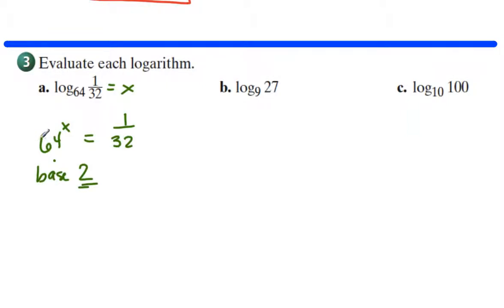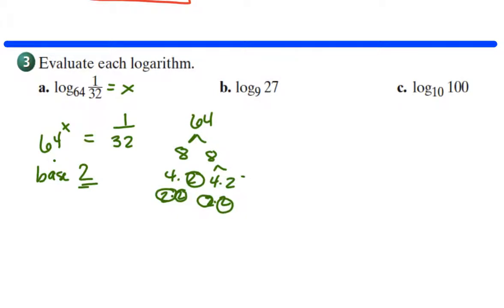Because 64, we know, is 8 times 8, which is 4 times 2, 4 times 2, and this is 2 times 2, and 2 times 2. So that's 6 twos, so this is going to be 2 to the 6th